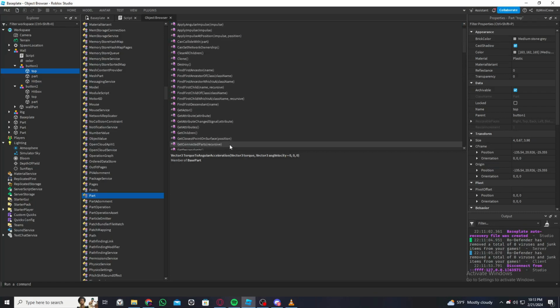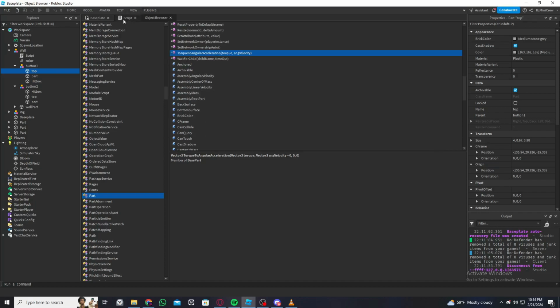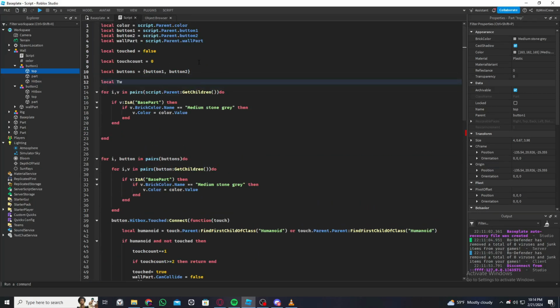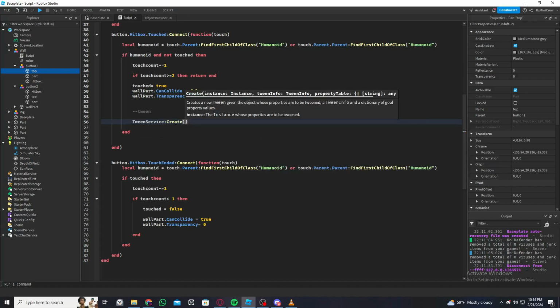Are we about to tween it? Oh well, I don't know, guys. So just use the tween service. So, don't know if I have it. Okay. So local tween service, game get service, tween service, and let's come back here. Tween service create